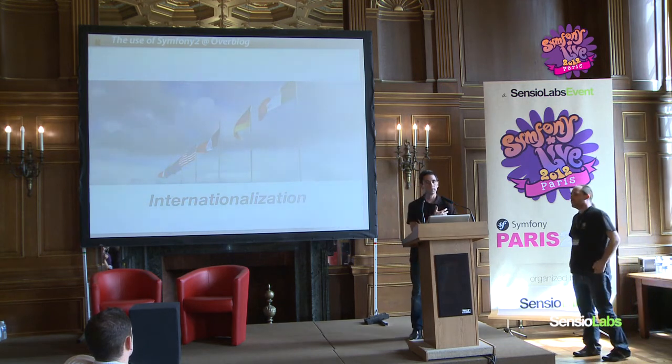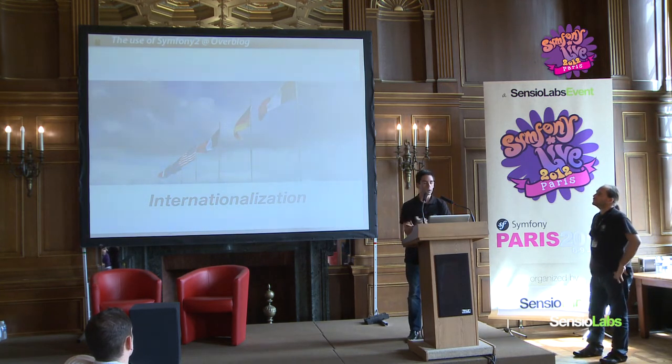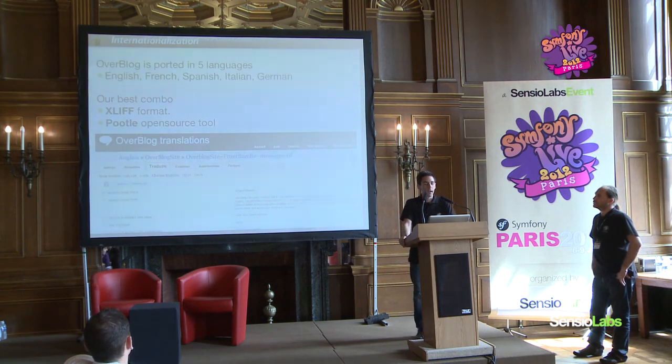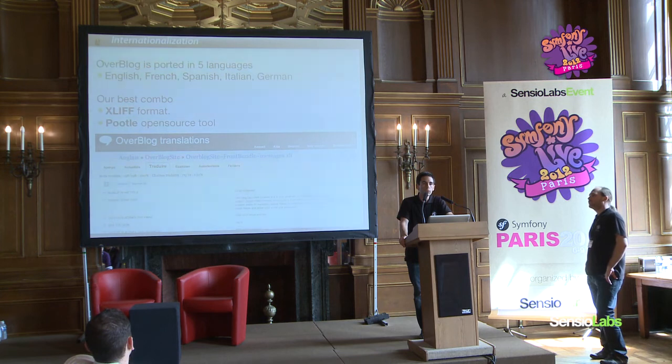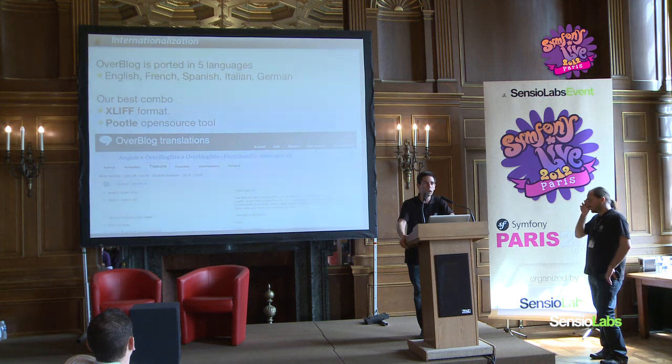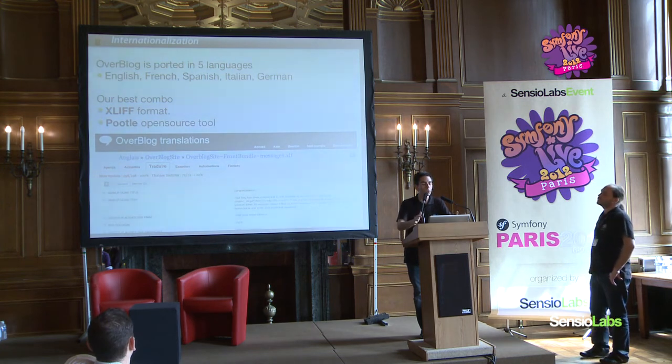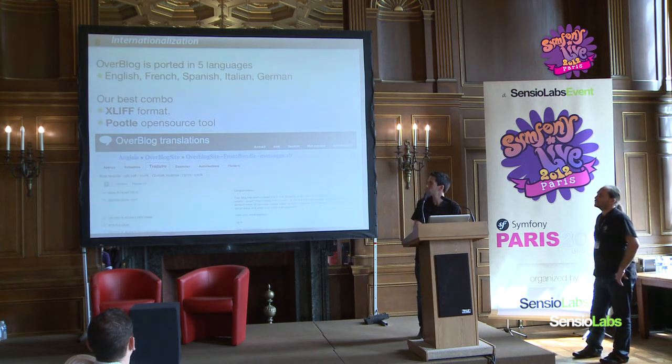Another point we use on Overblog: Overblog is available in 5 languages and even more very soon. So we needed the project to be internationalizable, and Symfony also met our needs here, with the XLIF format, which is the translation standard. XLIF was the best option for us, and we used Pootle, an open source tool, for translation purposes. We generate our files in XLIF format and send everything into Pootle, which you can download anywhere. I think it's in Python. It takes all of the XLIF files as input.